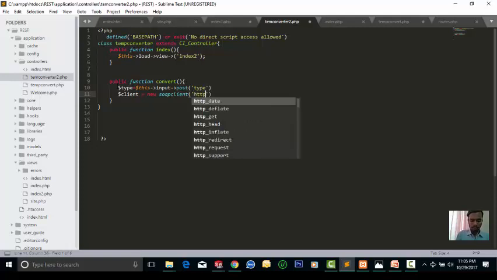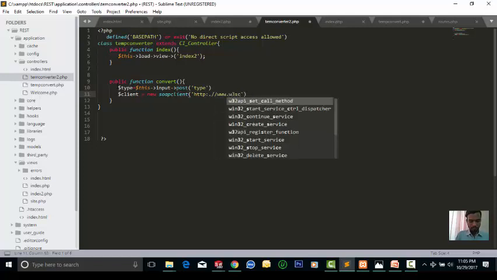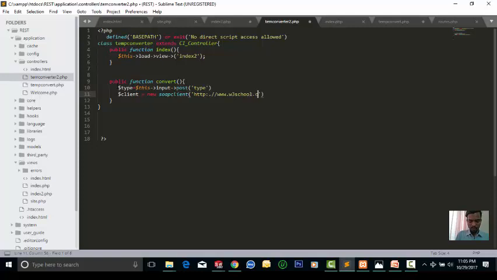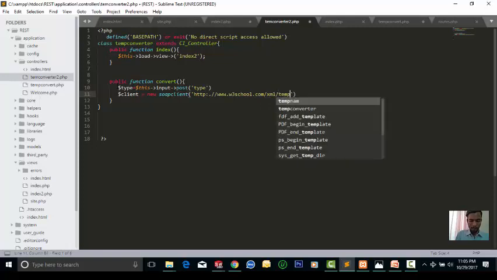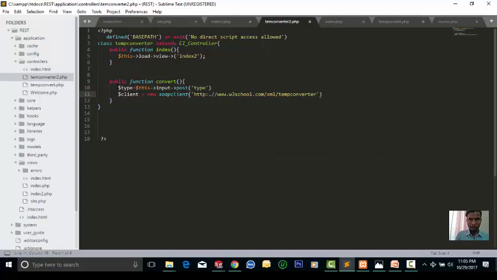We set a link for this: www.wordpress.com/x. Studiobase converter.ss. The property